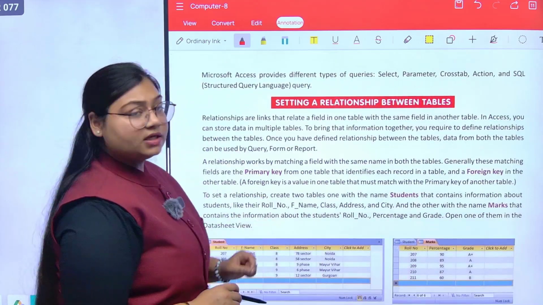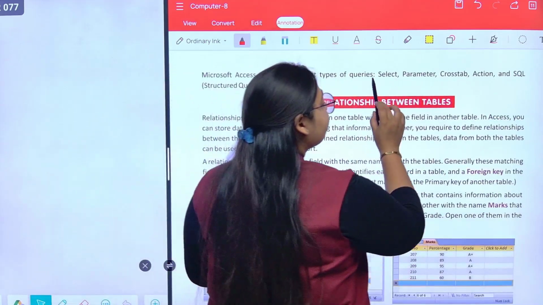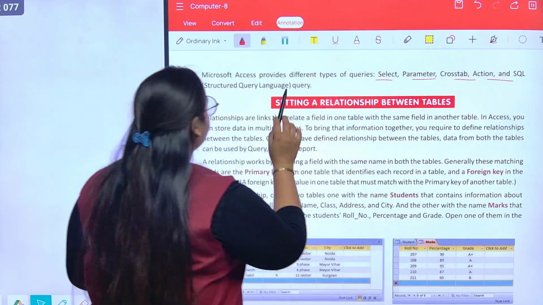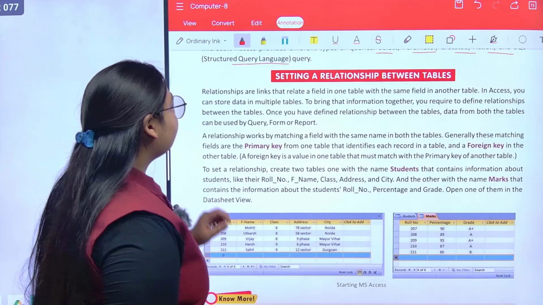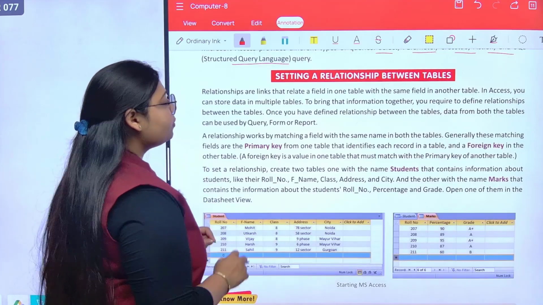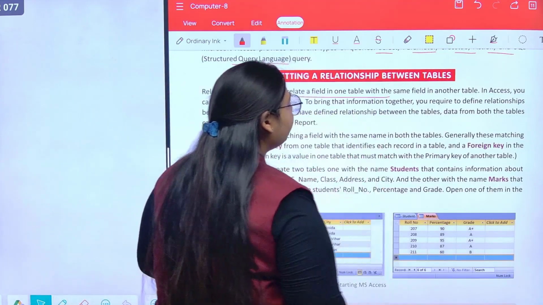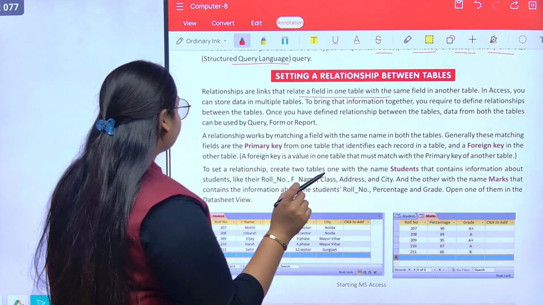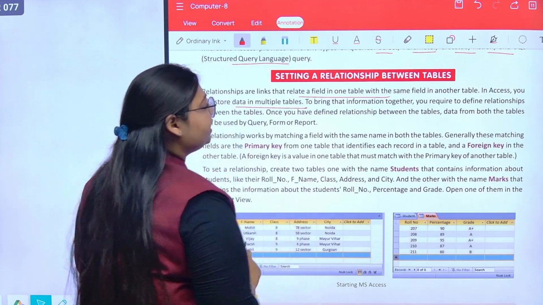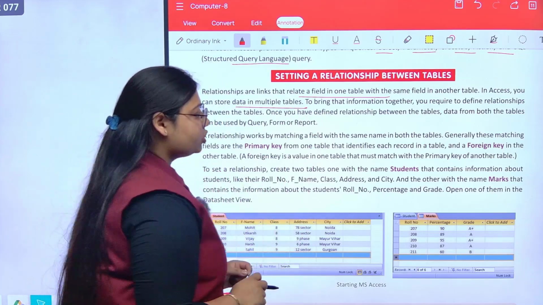Microsoft Access provides different types of queries: select, parameter, cross-tab, action, and SQL, which is structured query language query. Now, setting a relationship between tables. Relationships are links that relate a field in one table with the same field in another table. In Access, you store data in multiple tables, so to bring that information together,